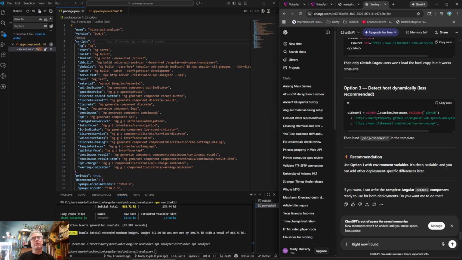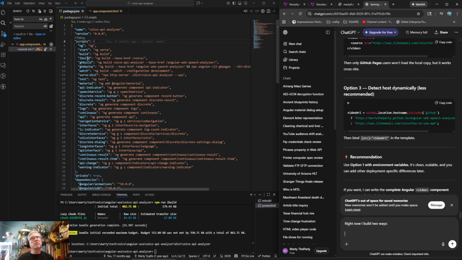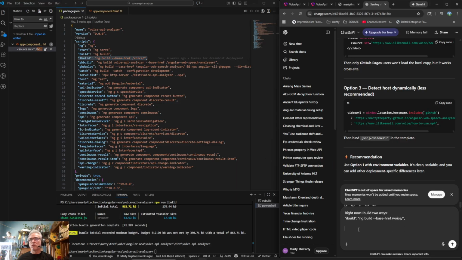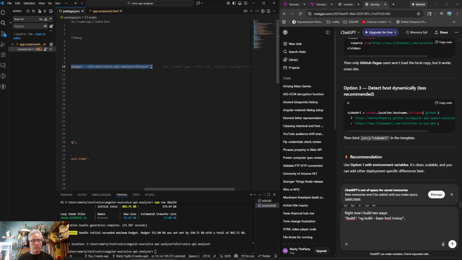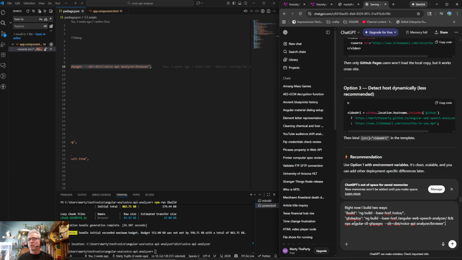Build two ways. iBuild and GHDeploy. Let me put a 1 here for my own reference.